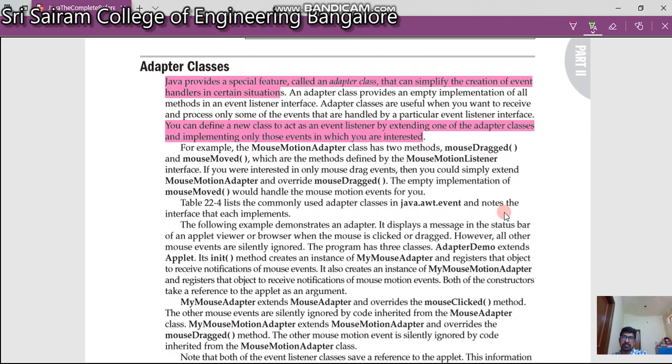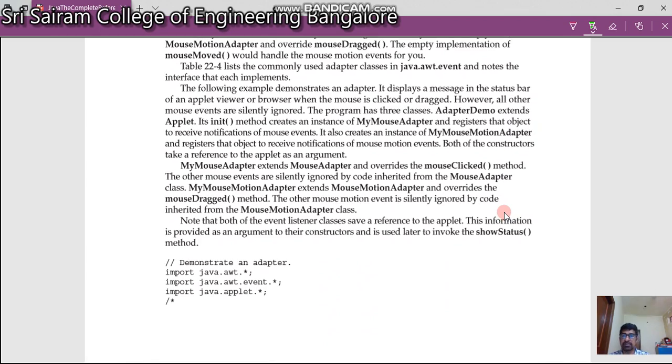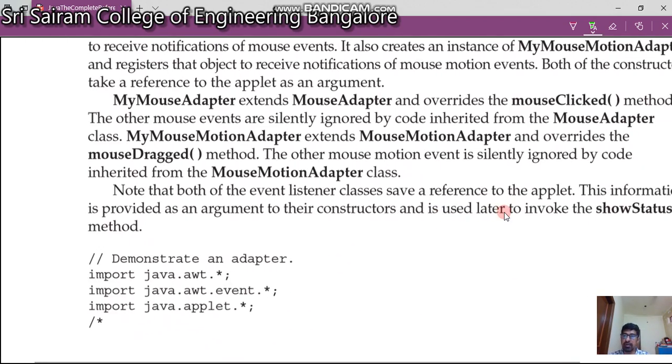But what the adapter class does is, you can design a car even without an interior, even without a color, even without tires or the steering, or even without an engine. You are going to design whichever methods, whichever features you want. This can be done in Java with the help of adapter classes. Let us see how this works. Let us see a small program.